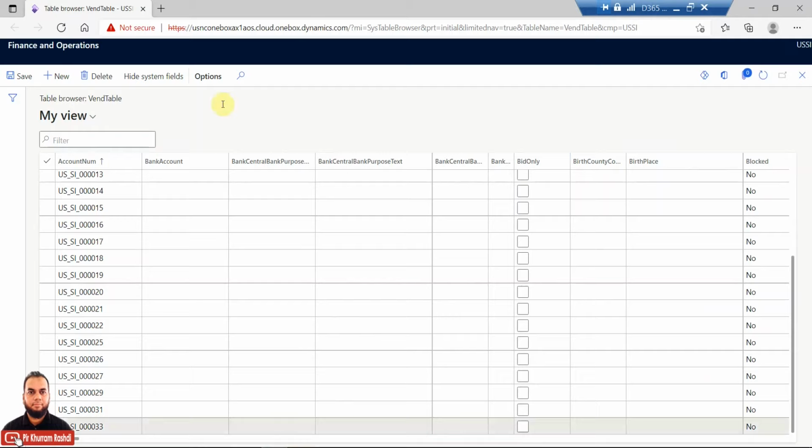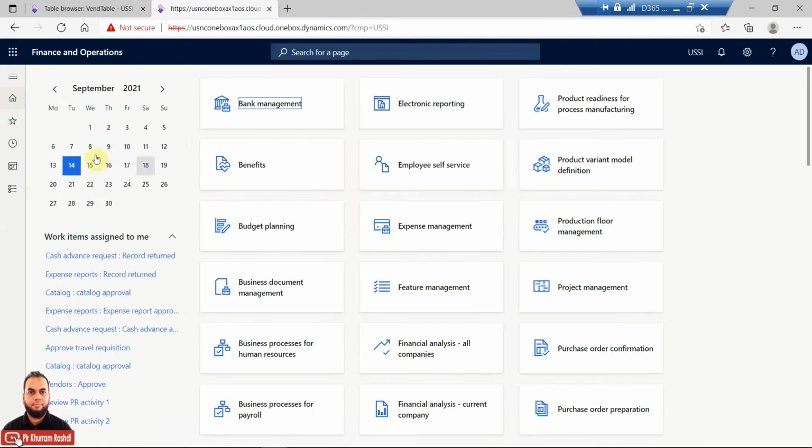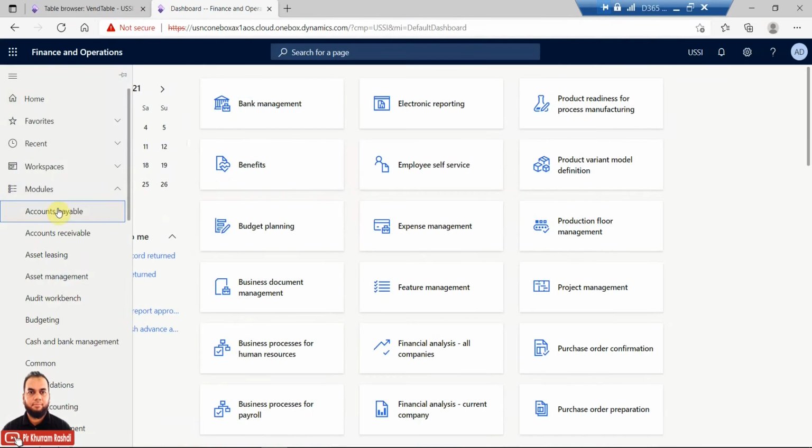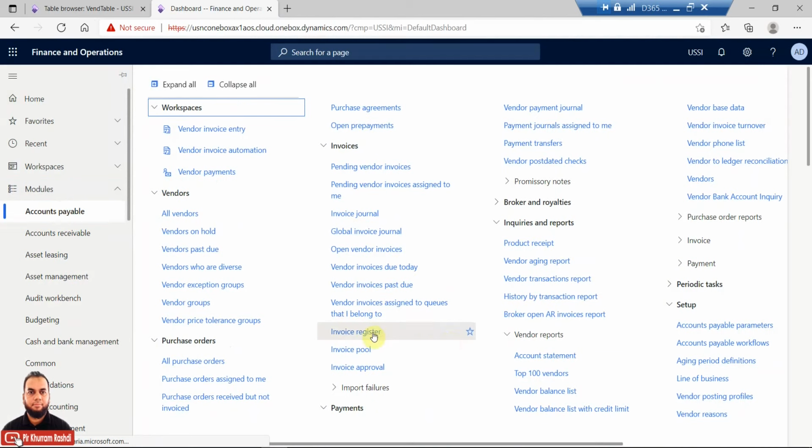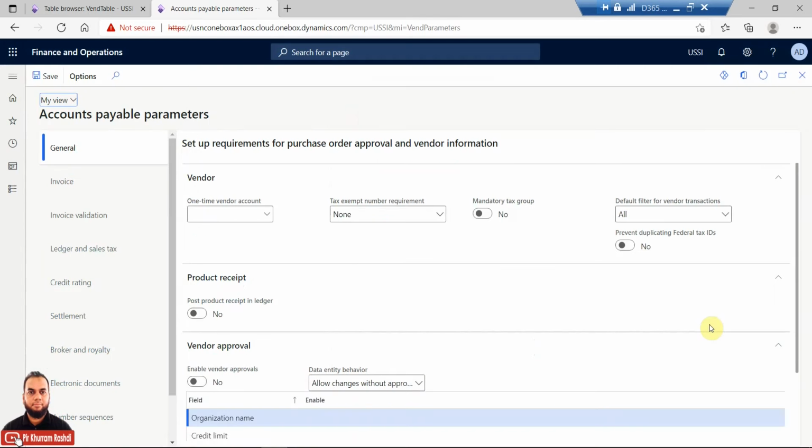So if I can show you in the normal interface of D365, for each of the modules like accounts payable, accounts receivable, or any of the modules, once you go into the module itself, there is a parameter form. This parameter form will not have a list of records. Once I click it, it will show you a single record. So these kinds of tables which are holding a single record will have the table group type of parameter. This is working just like a switchboard.